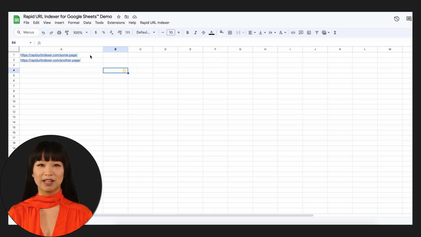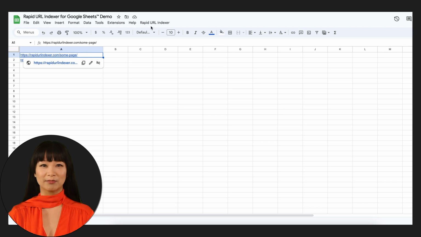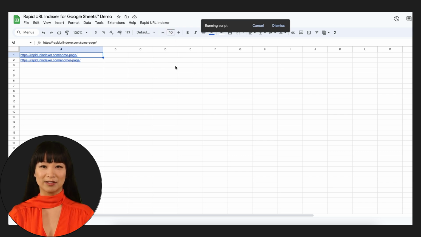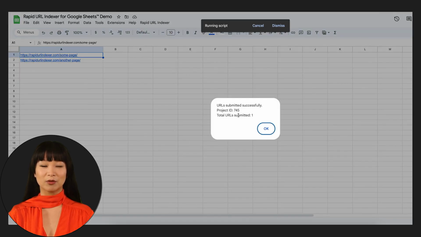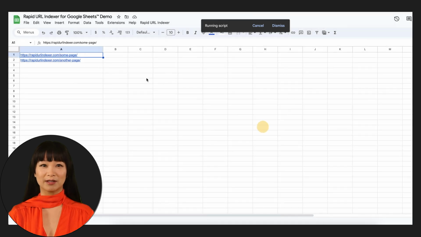Simply select one or more cells containing the URLs you want to submit for indexing, click the Rapid URL Indexer menu item, and select Submit to Rapid URL Indexer. This will submit the selected URLs to Rapid URL Indexer, and you will receive a confirmation showing the number of